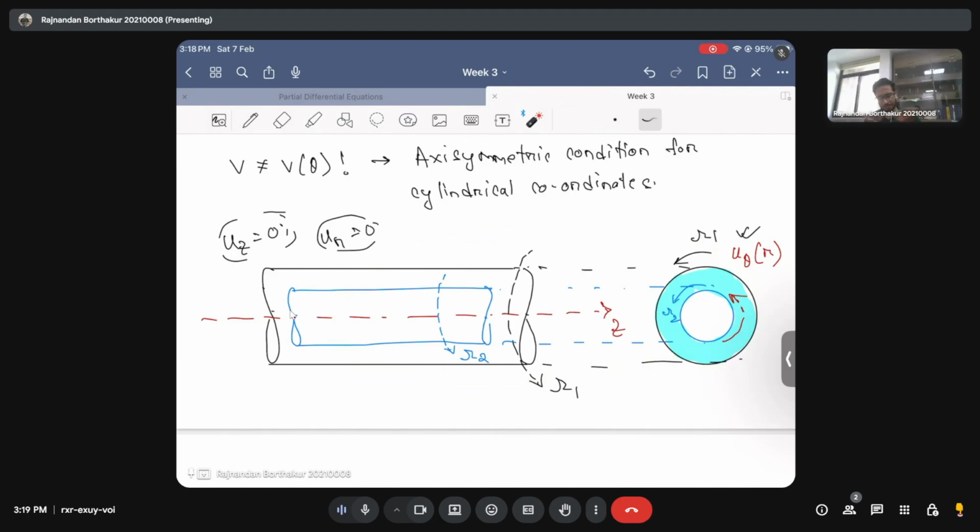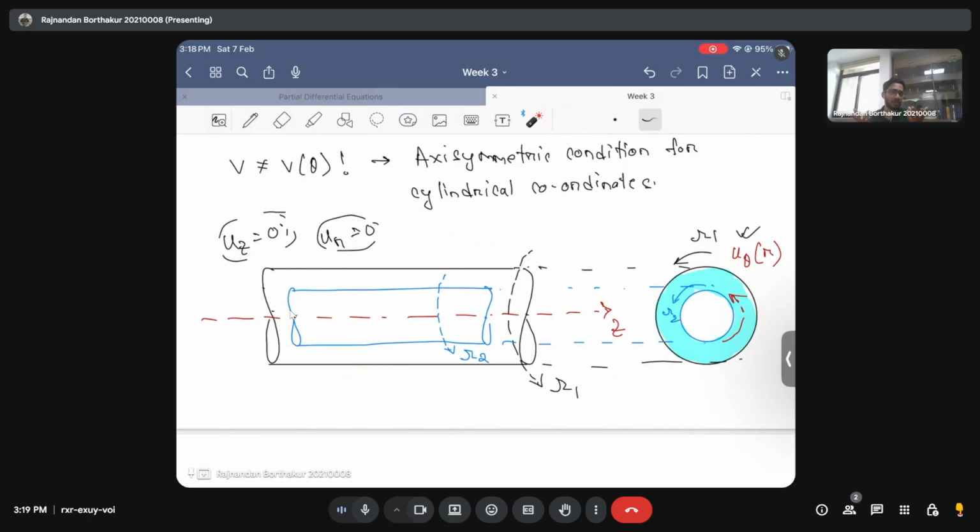Okay, and again we will then show that the two solutions are not dependent on each other, typically because all the assumptions that we will invoke will result in this scenario. But yes, we will see that the velocity profile will